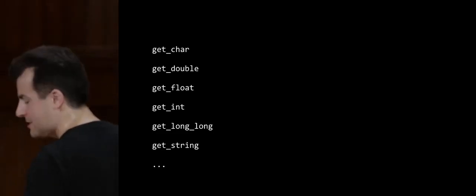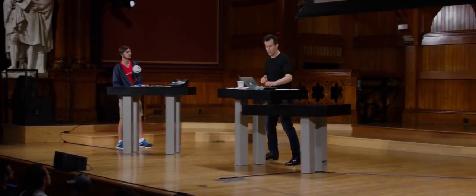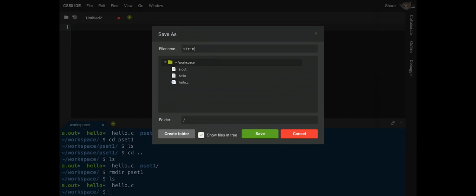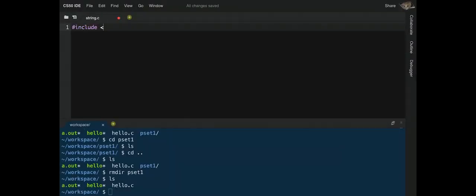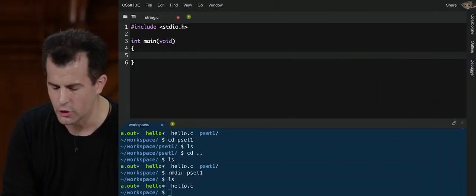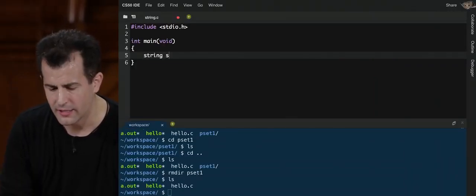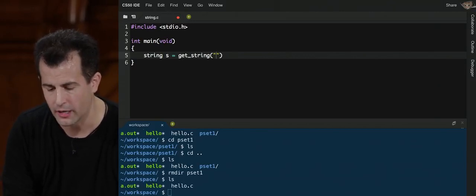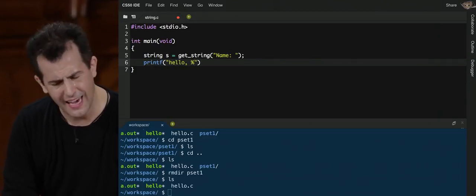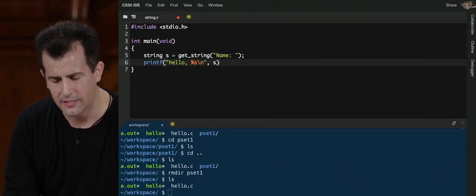And so now, if you wouldn't mind, Sam, I'm going to write another program with you right there. And it's going to look instead like this. I'm going to go ahead and create a new file called string.c. I'm going to go ahead and do #include <stdio.h>, int main(void), which is just copy and paste from before. But instead of just typing out hello world, I'm going to do this. string s = get_string("name"); and then I'm going to do printf("hello, %s\n", s);